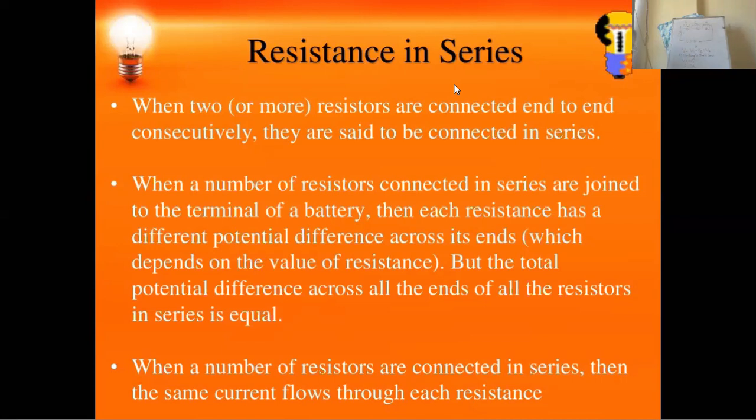What we are calculating here: a number of resistors connected in series, joined end to end, with current flowing through each of them and a potential difference applied across the combination. There will be a potential drop for each resistor, as the potential difference across any resistor is directly proportional to its resistance. Here, what we are going to calculate is, when we connect resistances in series, what will be the total effective resistance?